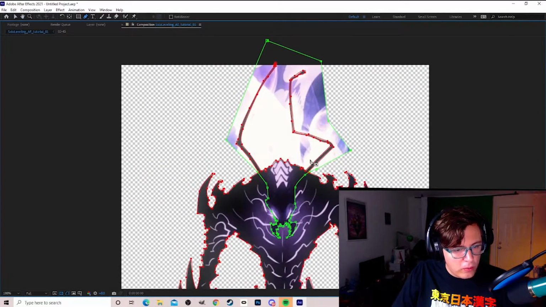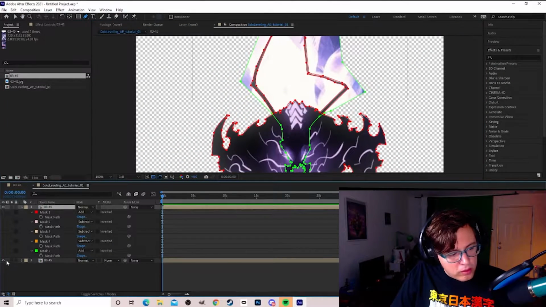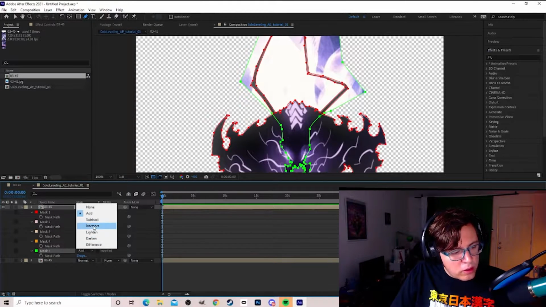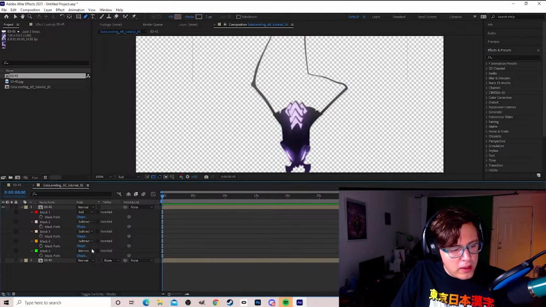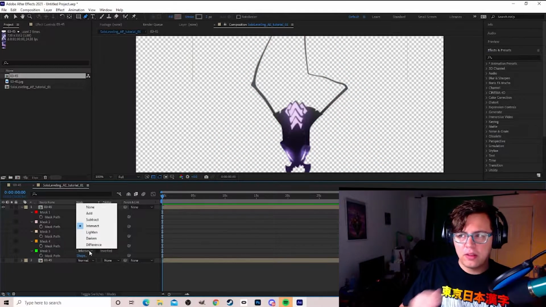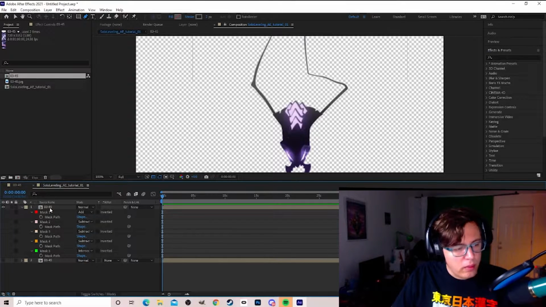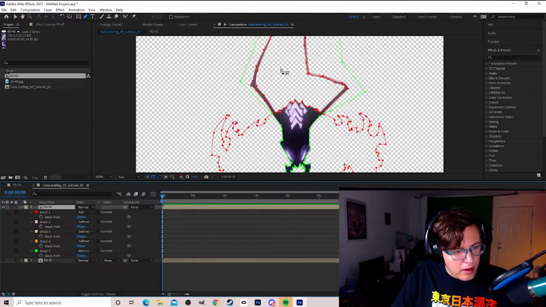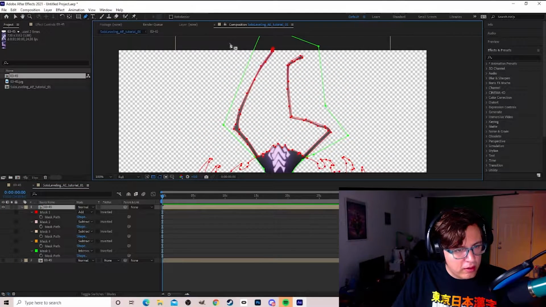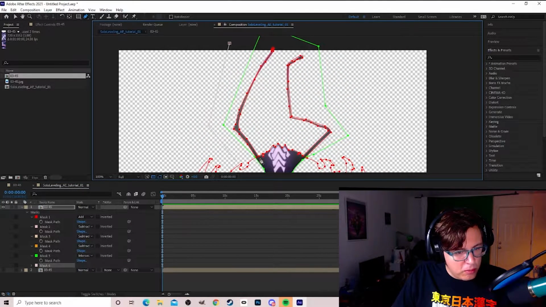Oh no, we don't want all that. So what I'm going to do is hide this other layer, and I'm going to change this to intersect. What intersect does is it keeps it the same, but it cuts off all the extra, and that's what we want. Now I'm going to do another intersect, but this time it's going to be for